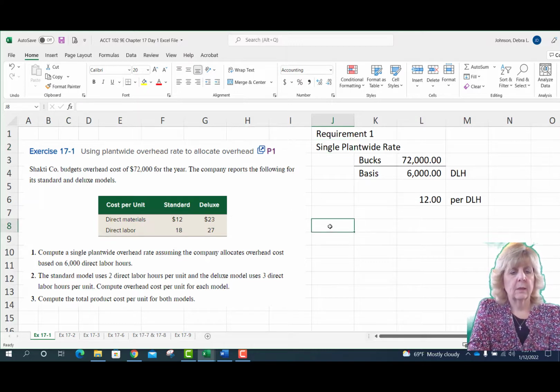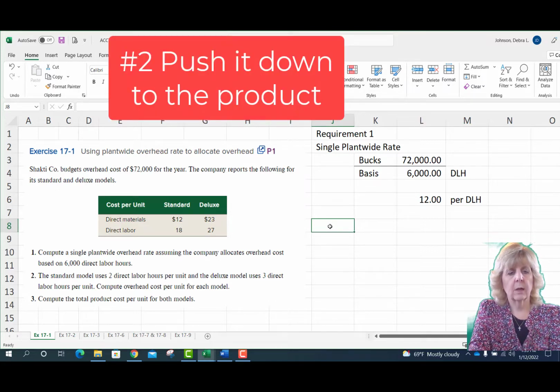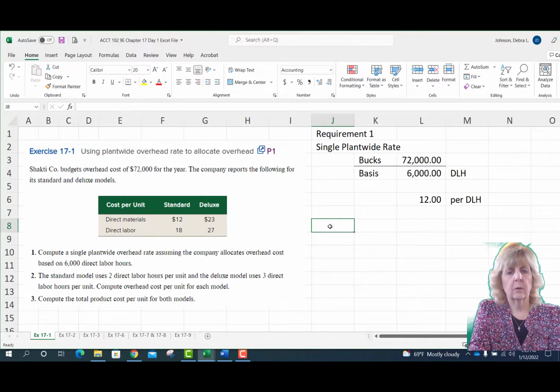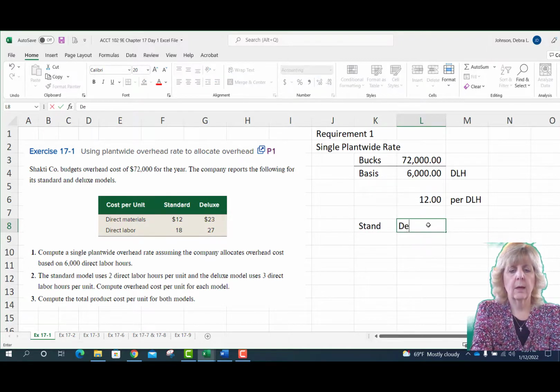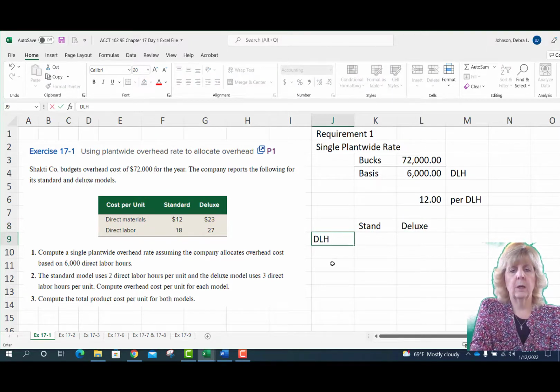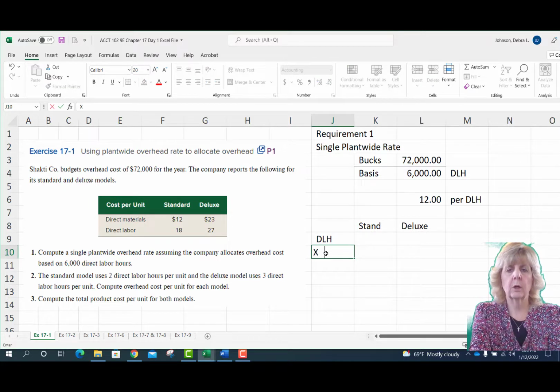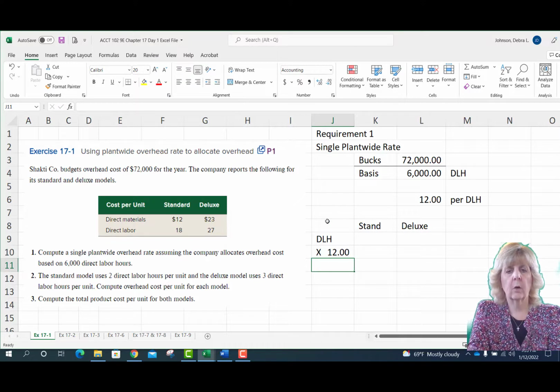Requirement 2 says the standard model uses 2 direct labor hours per unit, and the deluxe model uses 3 direct labor hours per unit. Compute overhead cost per unit for each model. Okay, so I'm going to go ahead. There's so many ways to set this up. I'll put my standard product here and my deluxe product here, and I'm going to list out how many direct labor hours each one uses. I'll go and multiply by that $12 rate that we got in requirement 1,